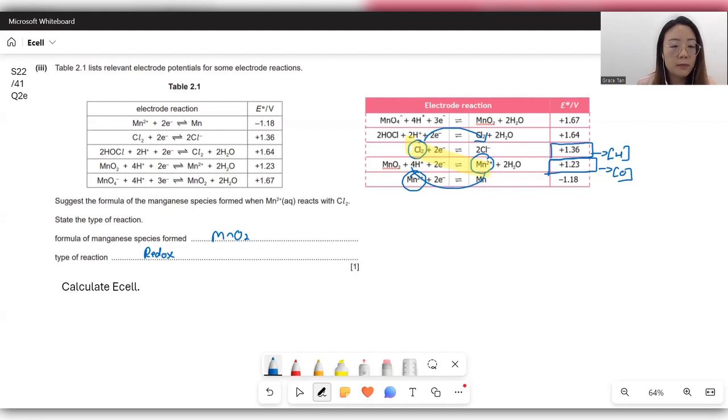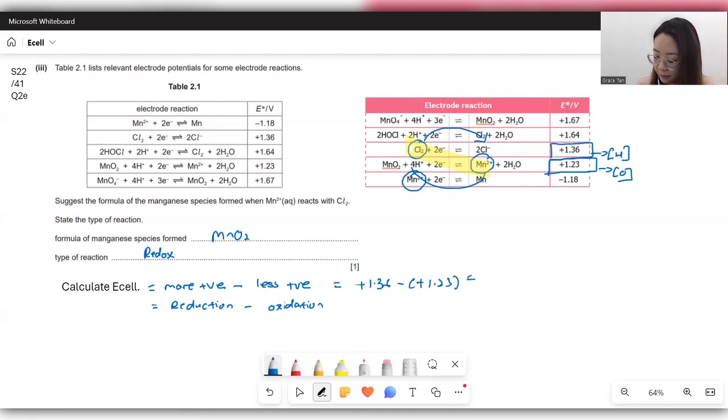Now, I add one simple question here. Calculate the Ecell, because this is what we're going to talk about today. Now, for the calculation of Ecell, there are many ways to define the formula. The more positive E value minus the less positive E value, or it can also go by the reduction cell minus the oxidation cell. So the more positive over here is positive 1.36. The least positive between the two is positive 1.23. Hence, your Ecell will be